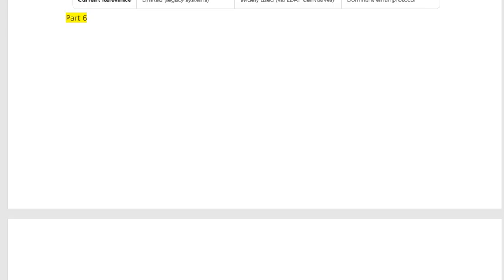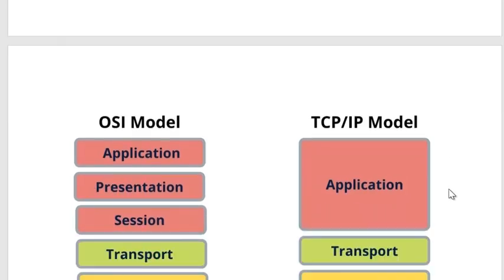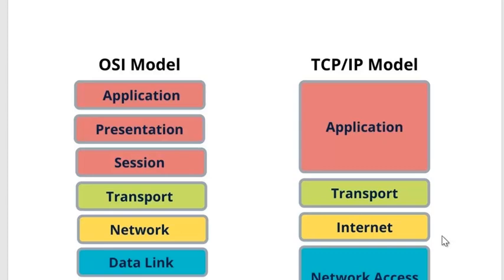So we'll continue on part 6 with my guide to developing and delivering effective IT, although I give it another name, but still the same document. So this is part 6. Now we're going to compare the OSI model like I was telling you before. As you can see,